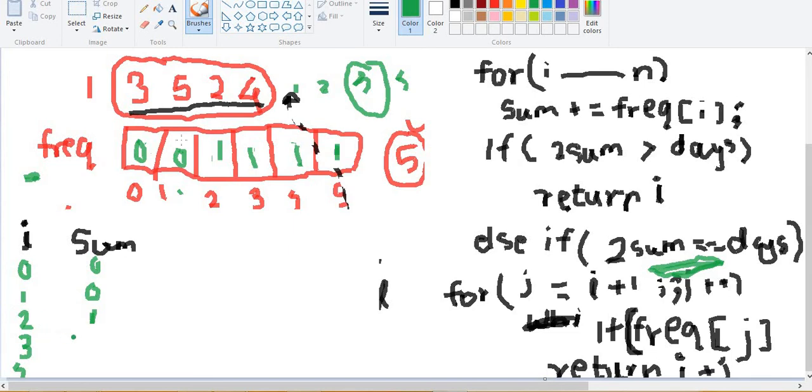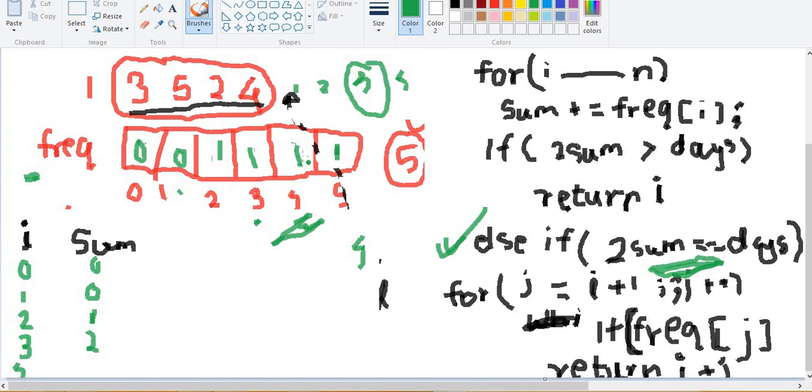For i equal to 3, we check sum is 2 and given days is 4. So this particular else if condition is satisfied, that is, twice the sum is equal to days. In that case, we take another variable j and initialize it with the i plus 1 index. So in this case j would be 4, and we check if there is an element present at that particular index.